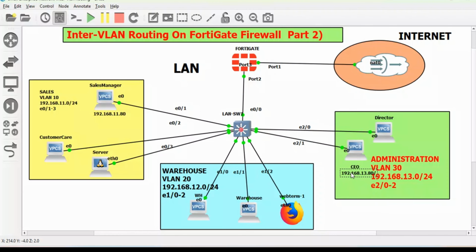So at this point, the remaining part is just configuring the policies to ensure that traffic flows from this VLAN to this VLAN, and to the internet, so that the policies are the ones that decide how traffic flows. I'm going to create policies so that sales to warehouse can communicate, warehouse to sales can communicate, and warehouse to administration, vice versa. So to do that,